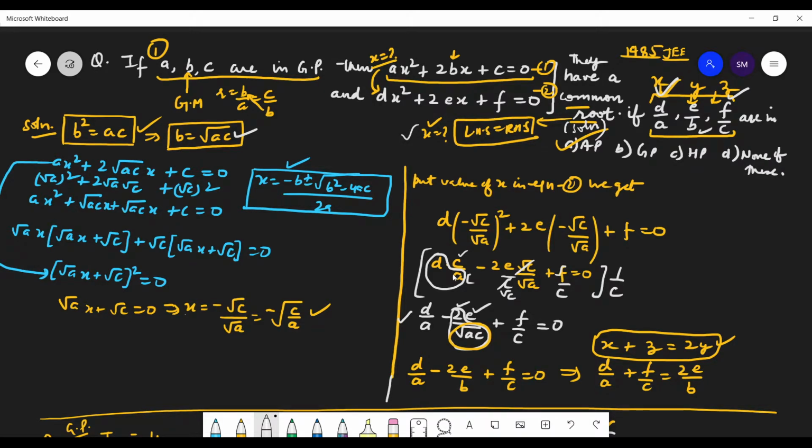This 2 is constant. I need E, but instead I need B as 2, and the value of B is under the root AC, so I put that equal to B. Now I know that if I take this negative to this side, it will become positive. If I take this as X, this as Y, this as Z, then X plus Z is equal to 2Y. So it clearly shows that Y is the arithmetic mean of X and Z, and it means these numbers are in AP.